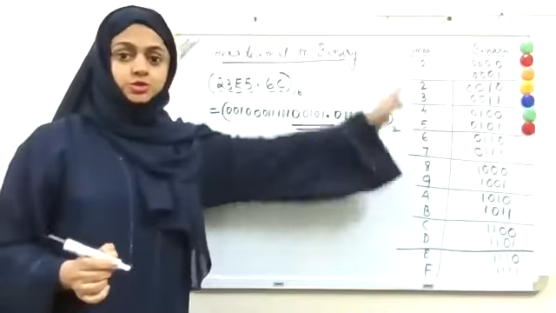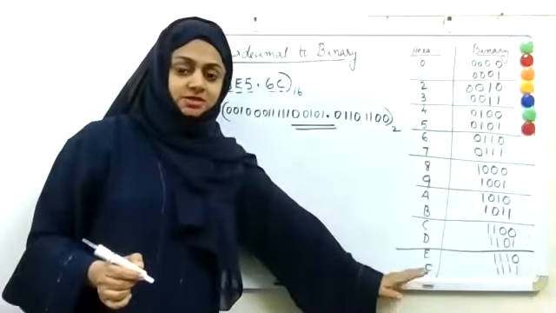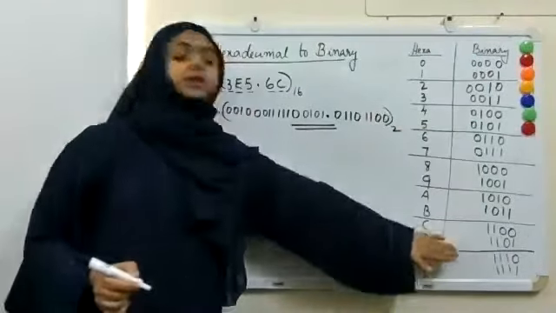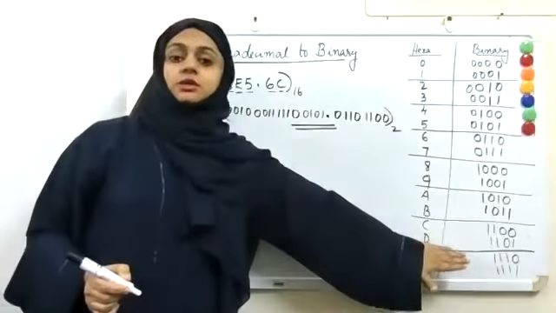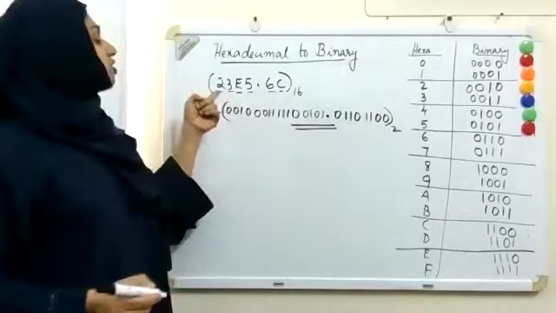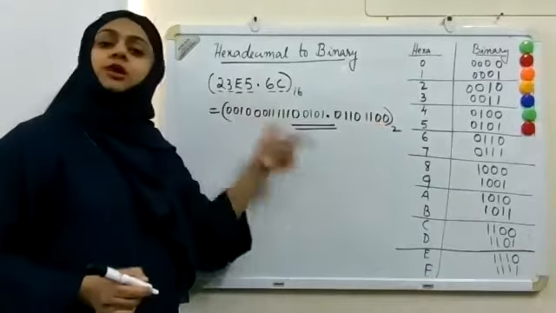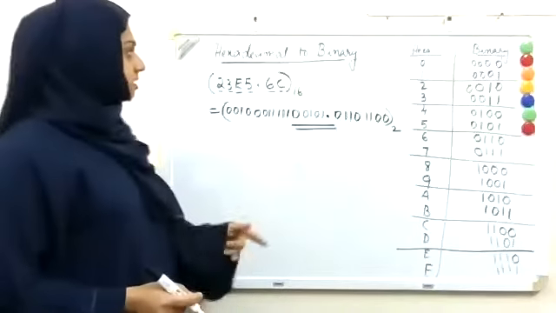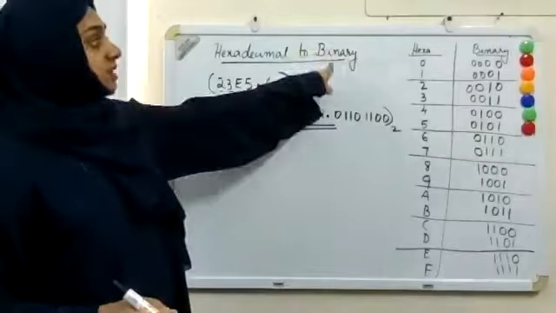So this is how we can convert a hexadecimal to binary with the help of the table. You know how to make the table, right? It's easy. You can just add 1 to the numbers and you will get the table. Once you get the table, it's a straightforward method. Just match each number with the table value and write that in the same order. So this is how you convert hexadecimal to binary.